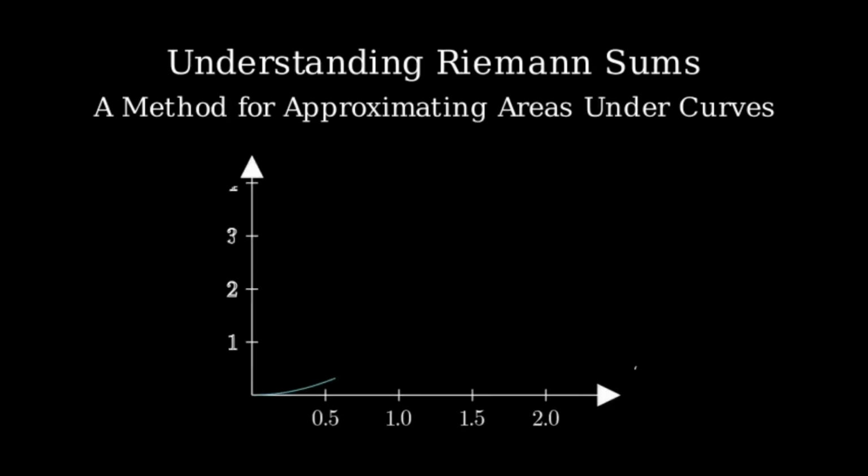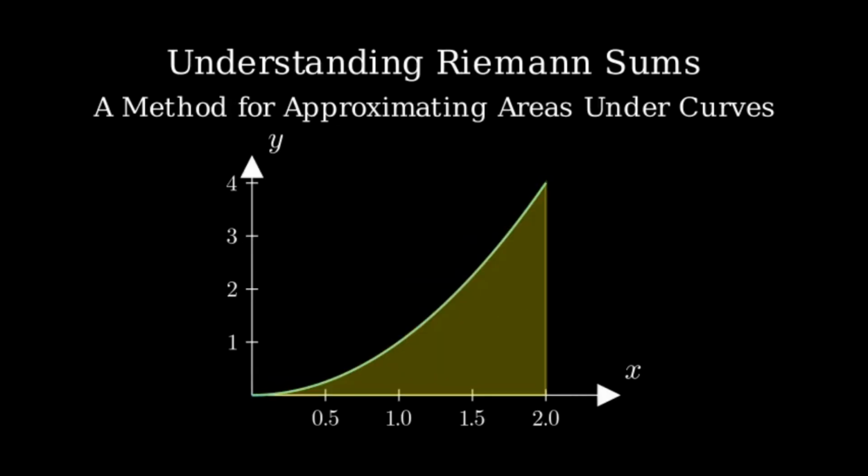Consider this curve y equals x squared, from x equals 0 to x equals 2. We want to find the area between the curve and the x-axis in this region. The basic idea of Riemann sums is to divide this region into rectangles and add up their areas to approximate